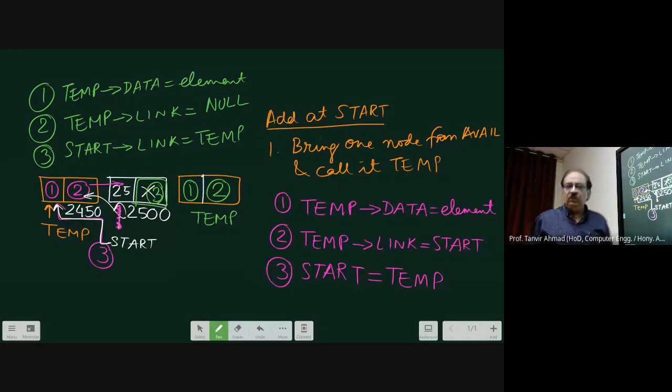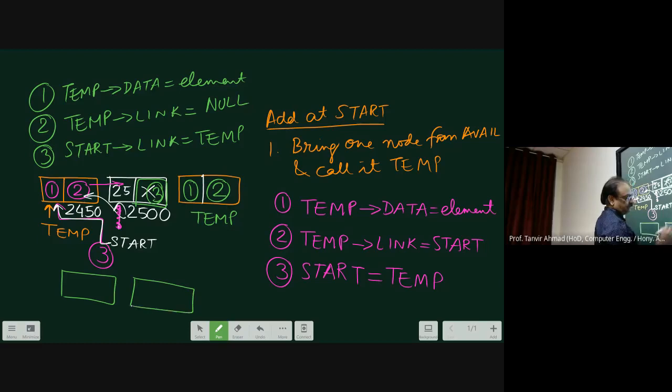Now you don't need to shift a start because start is already at the first node. And therefore, after this statement, the linked list will be something like this. Where this group will contain 25.